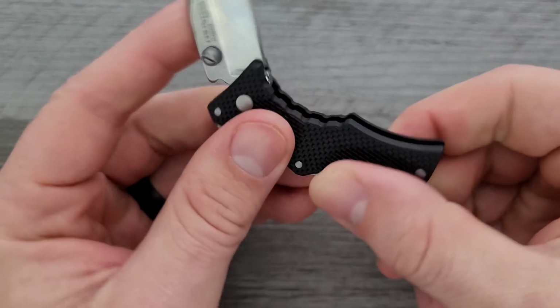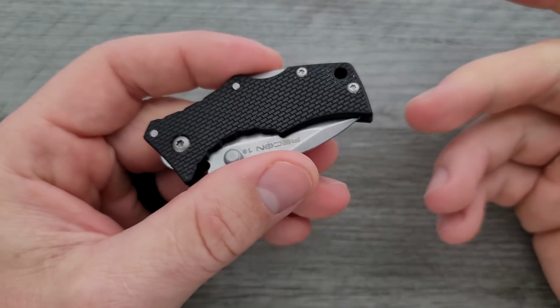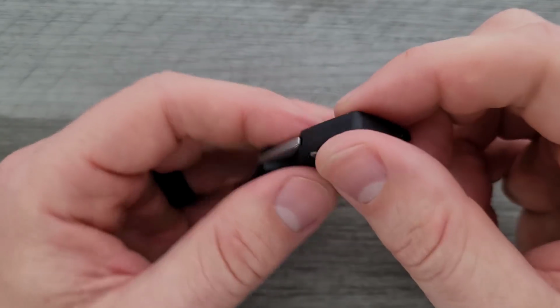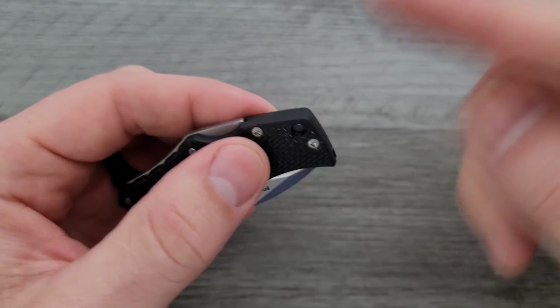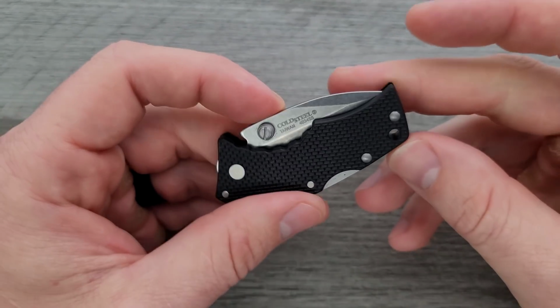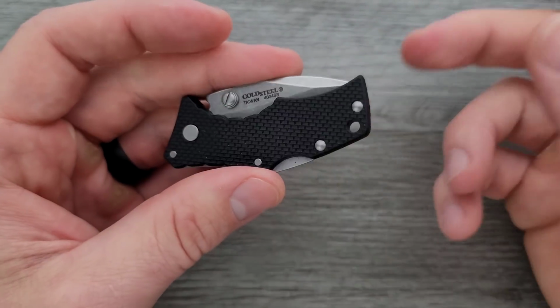If you really did want to carry this, a lot of people are thinking, I would carry that. I wish it had a pocket clip. You can buy those little keychain ones. They come on rings, and it's like a deep carry clip that'll hang it, and it almost ends up looking like a lanyard. You can go that route if you want to. And it honestly wouldn't surprise me if somebody made some type of aftermarket clip that's going to fit one side or the other of these